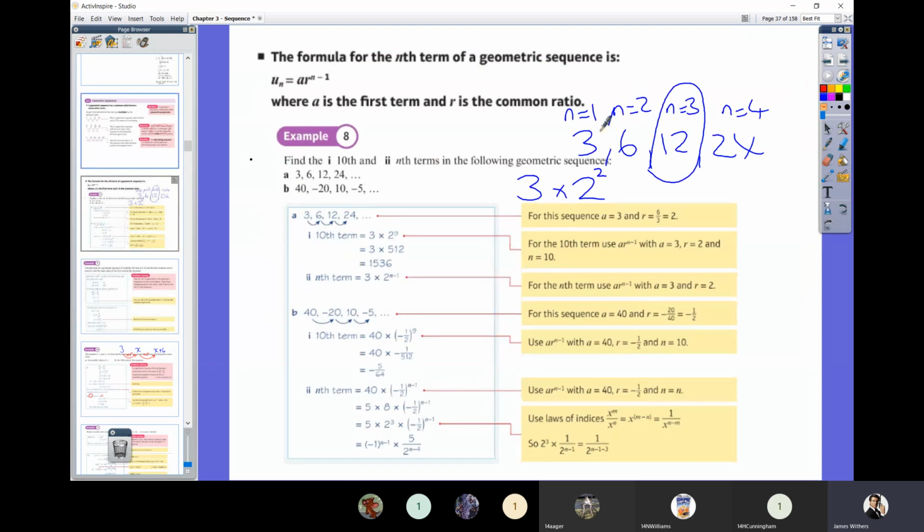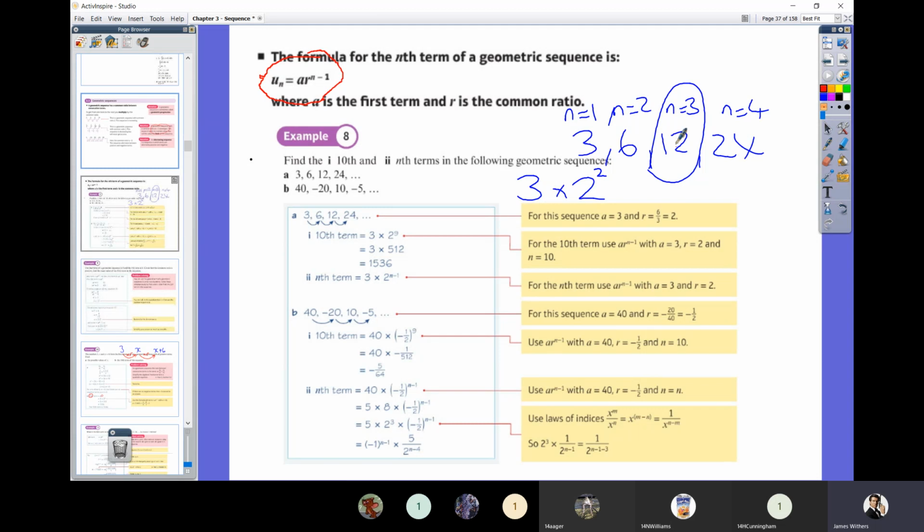Let's just go and have a look at a simple sequence. That will allow me just to explain that formula up there. If we have the sequence 3, 6, 12, 24, clearly the first term is 3. And by the way, we still use the letter A for the first term, just like we did with arithmetic sequences. So we can see that A is 3, and clearly we can see that R is 2 because we're